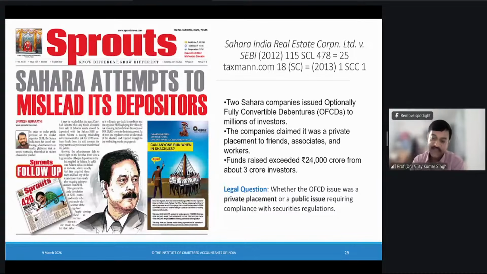It is an interesting case where the Supreme Court examined the requirement of a deemed prospectus, requirement of publication of information, requirement of the companies to disclose things, and also the rights of the investors and duties and responsibilities of SEBI as far as the securities regulator is concerned. So this is an interesting case, and I would suggest you all to read it. Though it is not part of your syllabus, I think it will clarify many of the doubts which you have in this particular chapter.